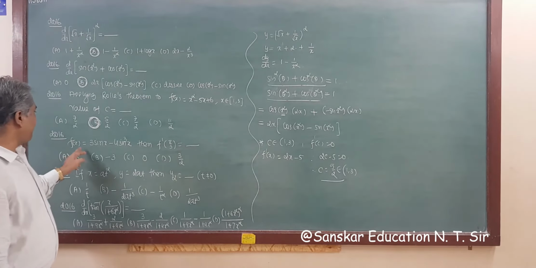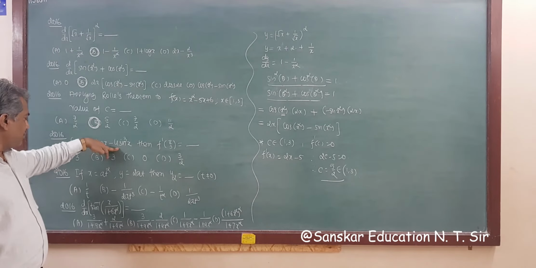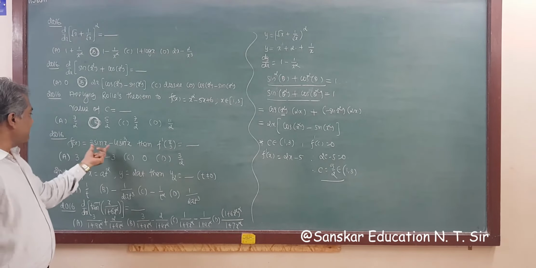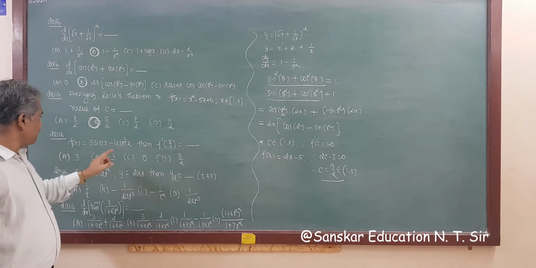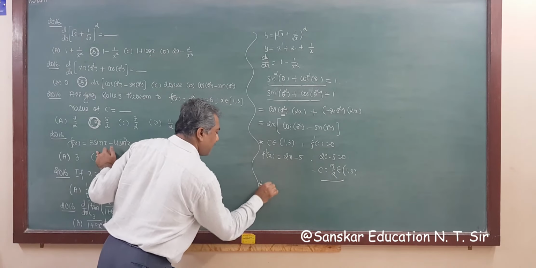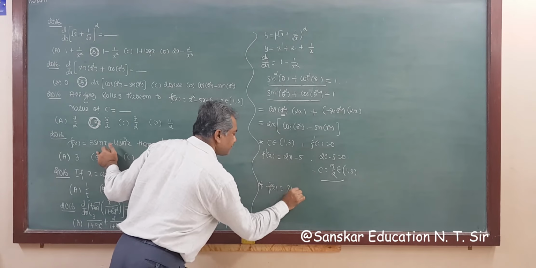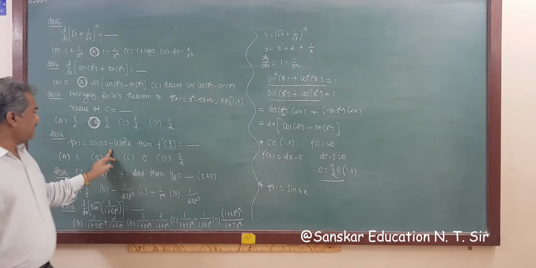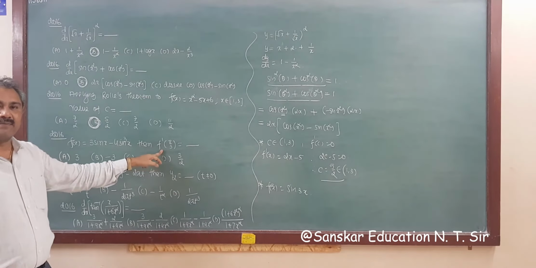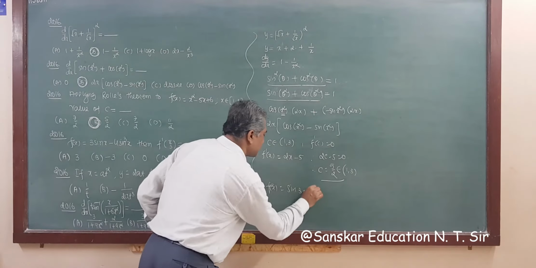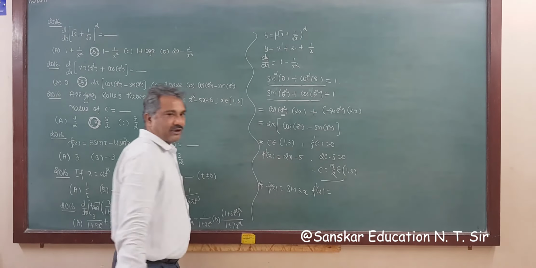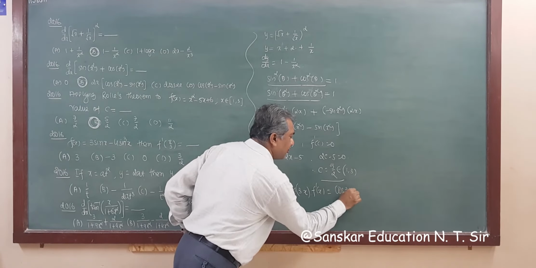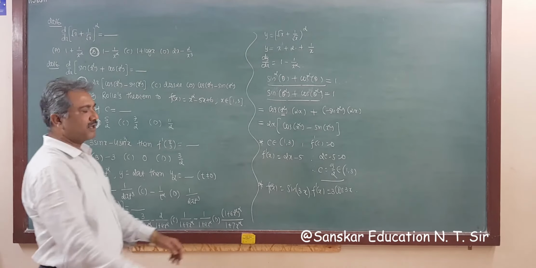Right? Now f(x) is equal to 3 sin x minus 4 sin cube x. So this is the formula for sin 3 theta. So f(x) is equal to sin 3x. This is the formula for sin 3x. Then we have to find f dash pi by 3, that is differentiating this function with respect to x: f dash x is equal to the derivative of sin bracket. The derivative of sin bracket is cos bracket, and the derivative of the bracket again is 3. So the answer is 3 cos 3x.